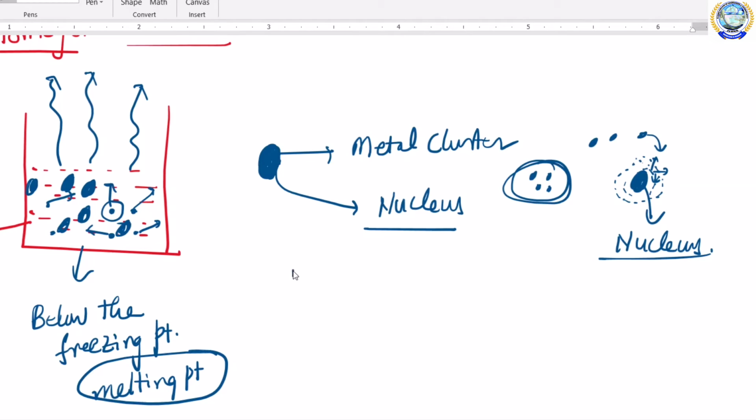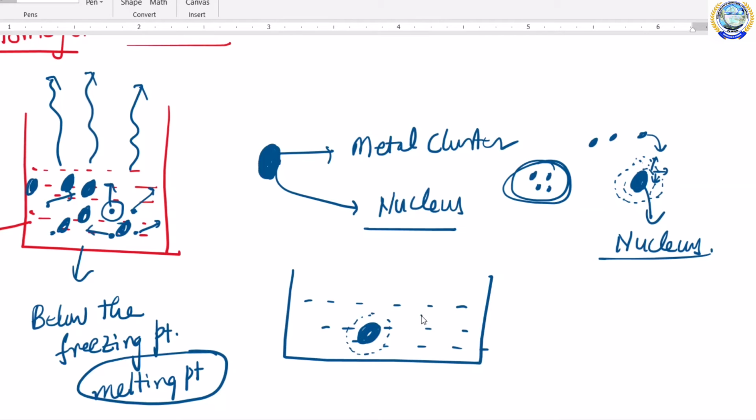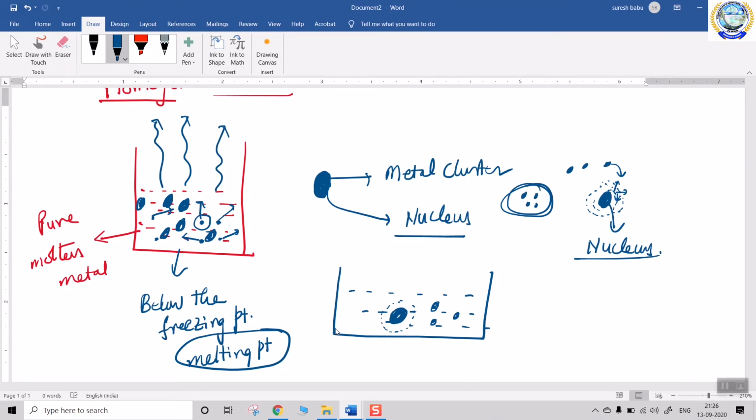Of course, it is a hot liquid. This is the liquid which is in hot condition. Suppose here is a nucleus formed and it wants to increase its size by adding the small particles nearer to it. However, at some places there are small clusters which do not have enough size. Finally, the system always wants to release the amount of heat which it had. So to release the heat, it will lose its heat in this direction like this, and at the same time in the system there are also small clusters.